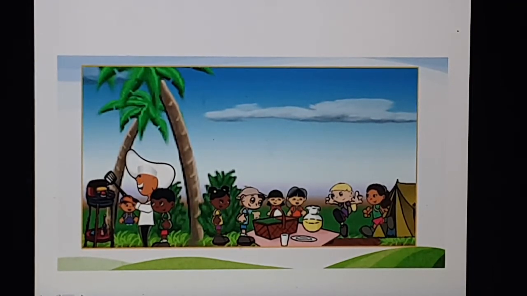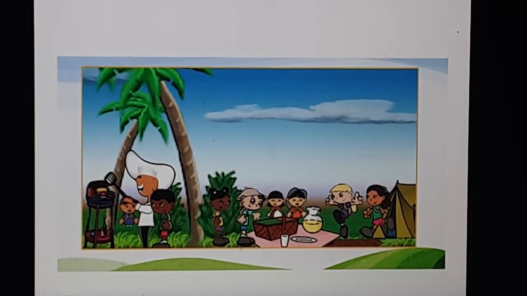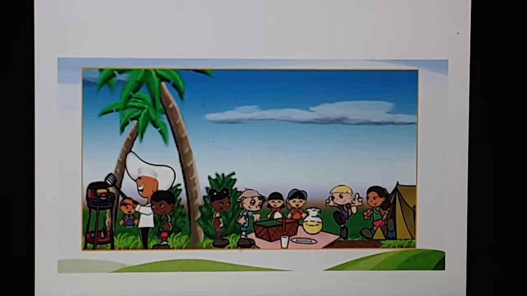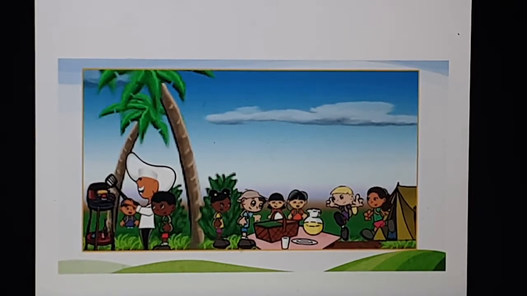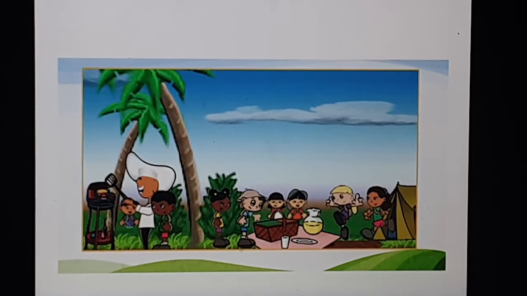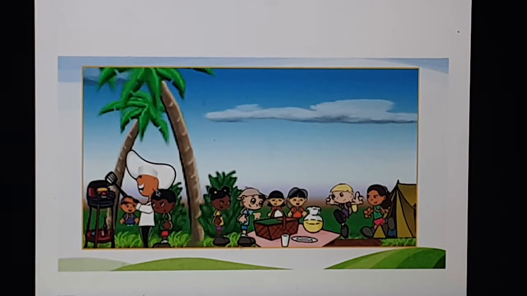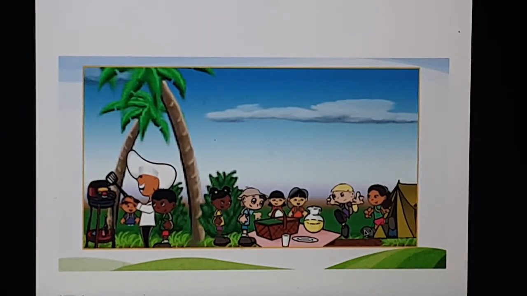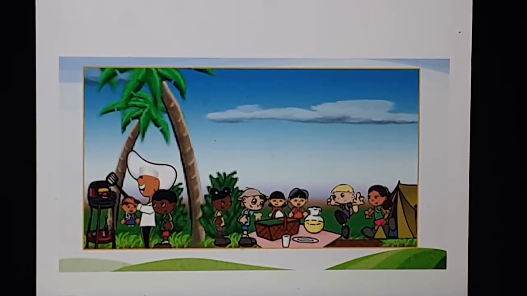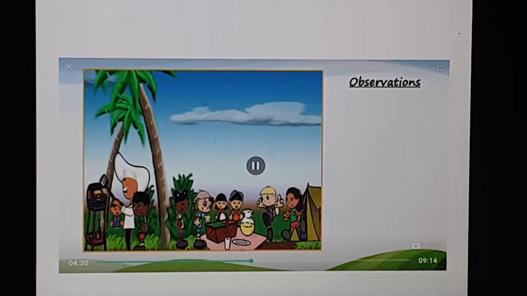Where are the children? Some of them are near the mat, some of them are coming out of a tent, one of them is with the person who is cooking something. One can be seen hiding behind the bushes, like this child, he looks as if he's hiding. This is the adult person. This boy is keenly watching this person. So observe each and everything. There is a mat on which are some things, and maybe the children are waiting for this person to cook something for them. So this is everything you have to observe.